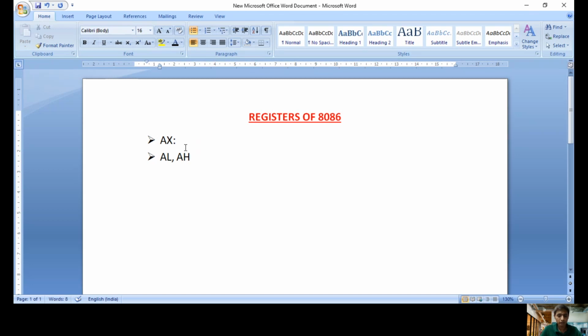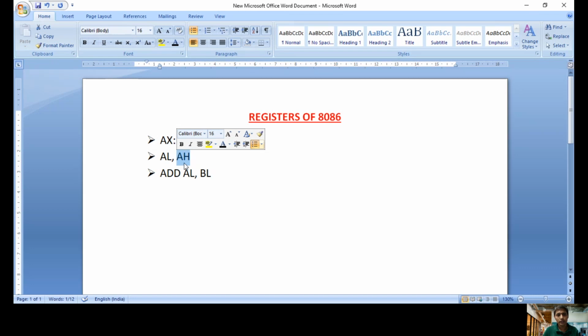So what is a default register? For example, I am writing like this: ADD AL, BL. So here the data present in BL is now added with AL. The result is stored in AL, but the size of AL is 8-bit only. If we add two 8-bit numbers, the result can be more than 8-bit. Where is that remaining result stored? It is stored by default in another accumulator register called AH.